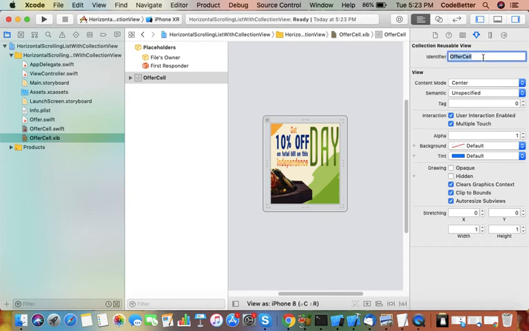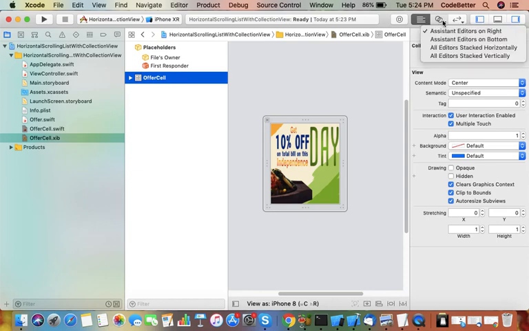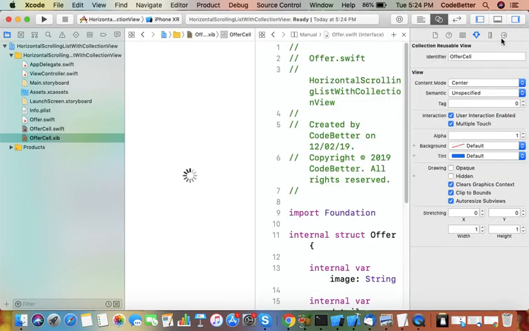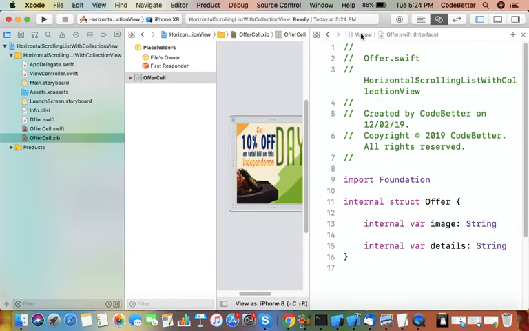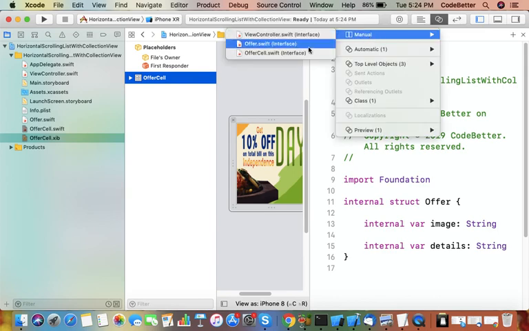So we always give the same name to the identifier as of the XIB name, although it is not compulsory at all. Now this design part is done. Now assume that this is a smaller controller, a small user interface, it has its own class. So what we do is we again select it and go to assistant editor, and we go to this class offer cell,